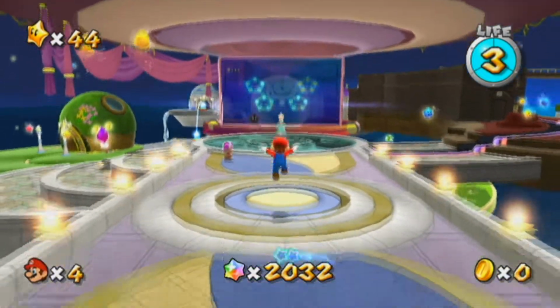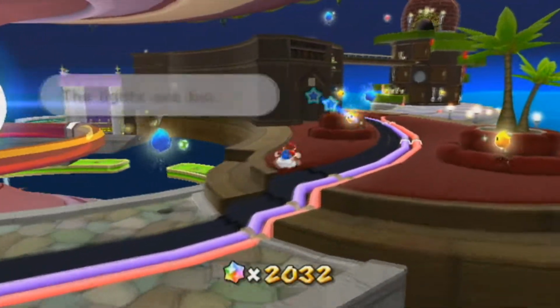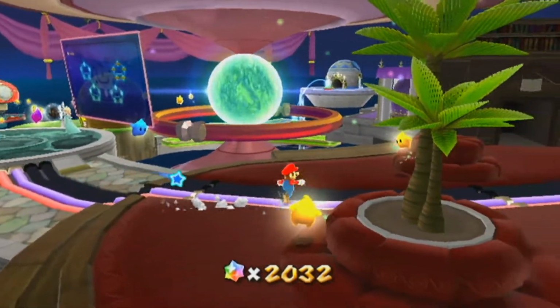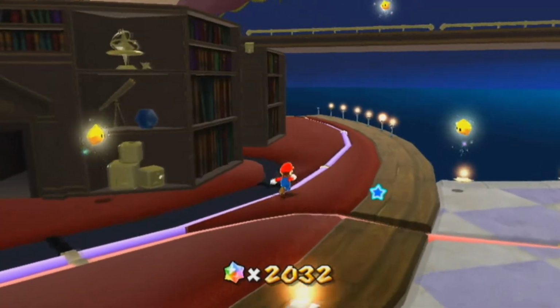Hello and welcome back to more Super Mario Galaxy, where in the last episode, we finished off our adventures in the Kitchen Dome by facing off against Bowser Jr.'s airship armada, and now as we can tell by the lines on the ground, we have unlocked a brand new dome, which is actually probably my favorite dome in the entire